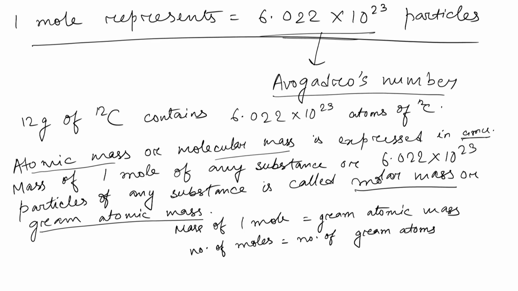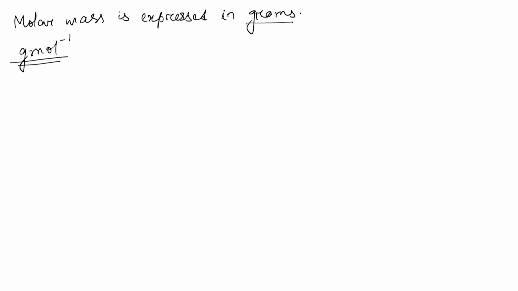Now, the question arises that we are saying this is Avogadro's number, and when these many particles are present in any amount of substance, we call it 1 mole. But why this number? It was a very interesting calculation that Avogadro had observed. The calculation was, let's say,